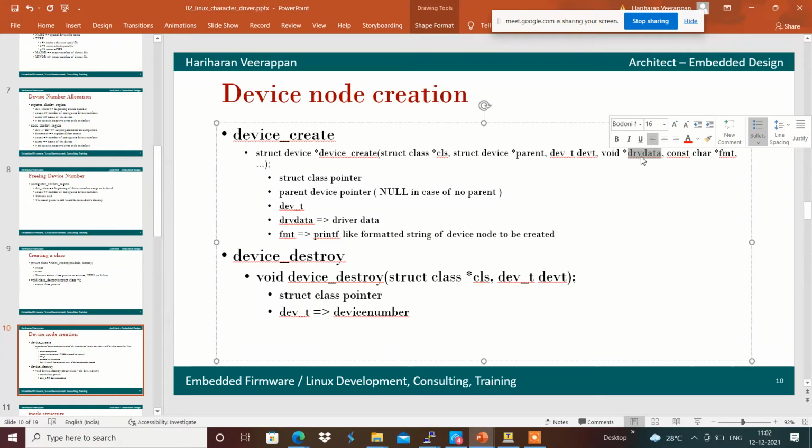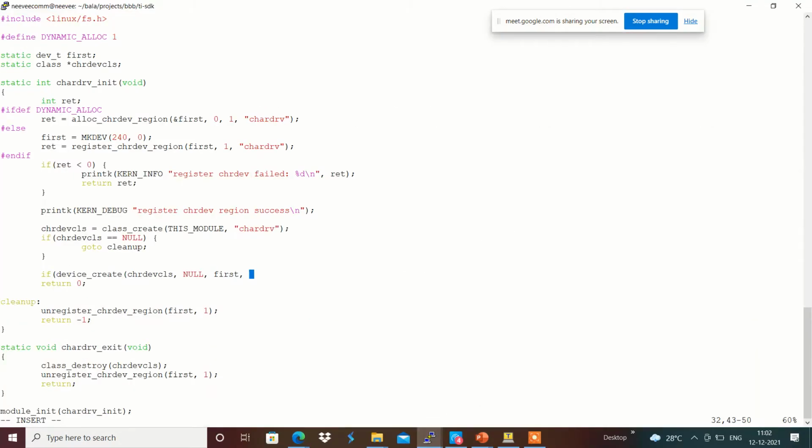What kind of driver data has to be provided? Maybe we can provide null there if there is no driver data to be provided. And then we will have the name in which the node has to be created.